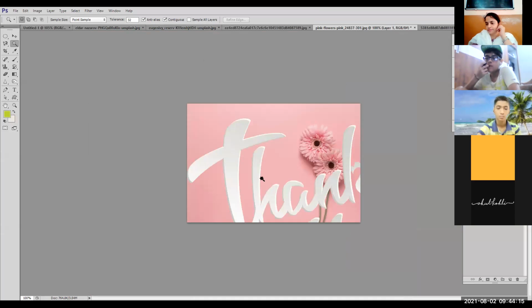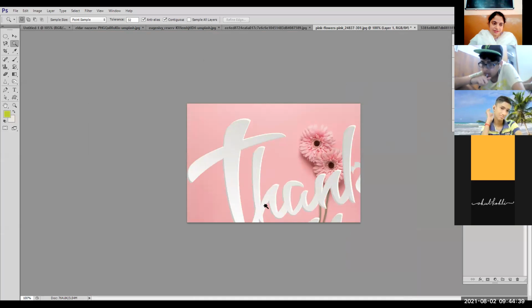Control V. Paste हो गई. Now transform. I want to resize it. मुझे transform करना है. You can see the pasted portion is placed on the separate layer, Layer 1. Right? Now I want to transform. What is the shortcut key for transform? We had done last week.